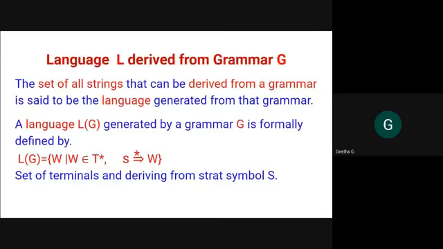The first type we had studied is unrestricted. I can understand, but it is not right. Type 0 is unrestricted. Type 1 is context sensitive, right? Very good. And type 2 is context free grammar, and the fourth one is regular grammar. This you have to remember for all, right?